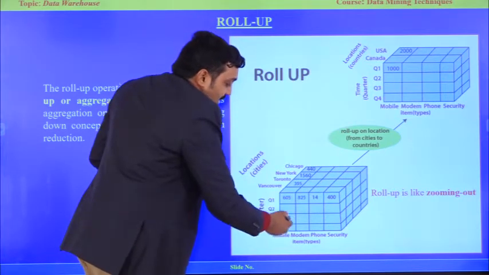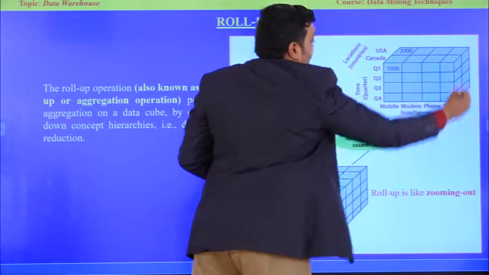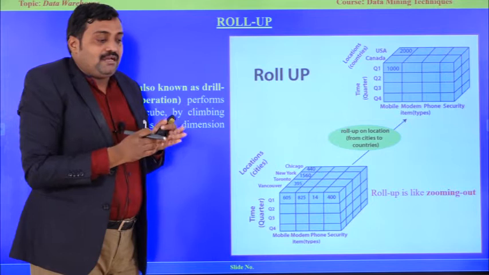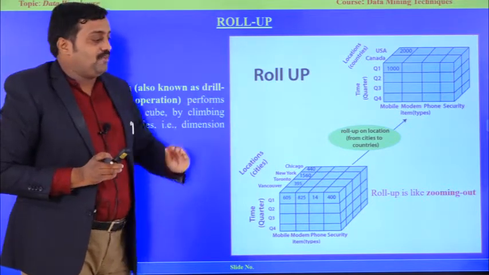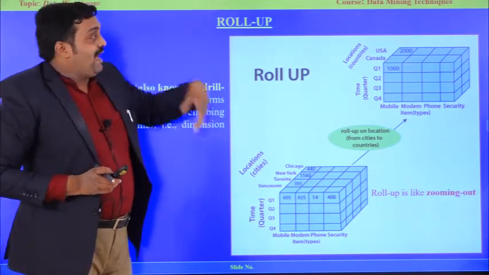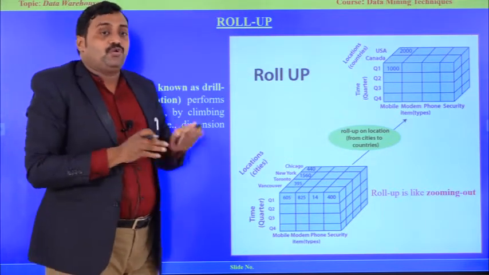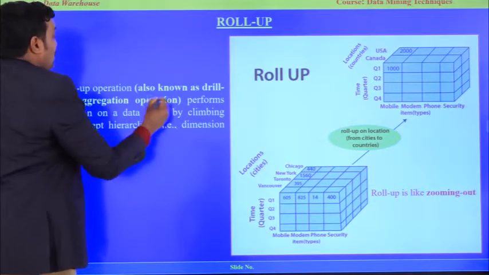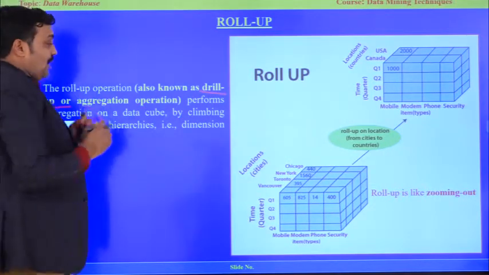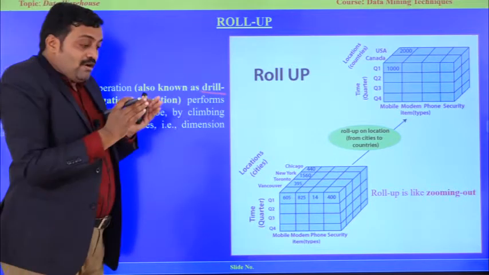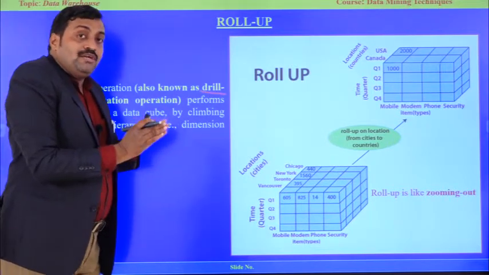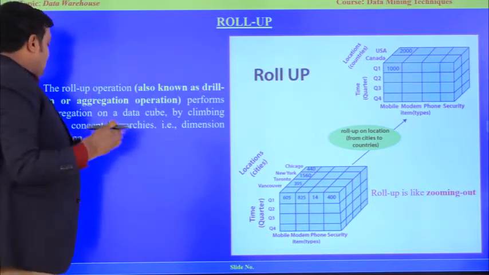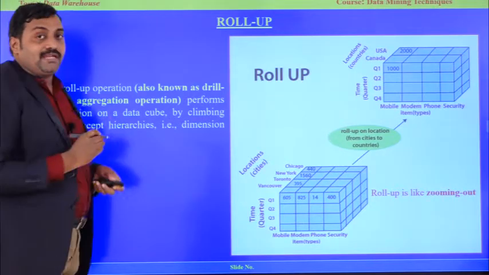That means taking each quarter and making a huge data set for all the branches, all the items. By combining, suppose I have the first month, second month, third month, I make one year, I make 10 years, I make 100 years. I am grouping all the things. That's why we can say it's a roll up, or drill up, or climbing. So from a smaller cube we generate a bigger cube, with multi-dimensional things. It's a simple example of a concept hierarchy.